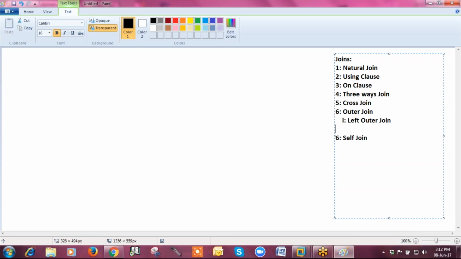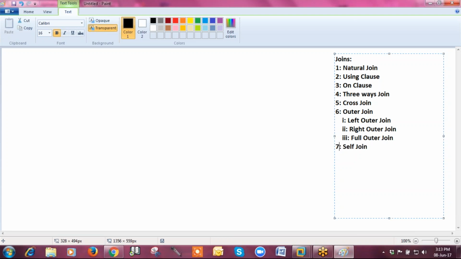So in outer join, the first is left outer join, second is right outer join, third is full outer join.